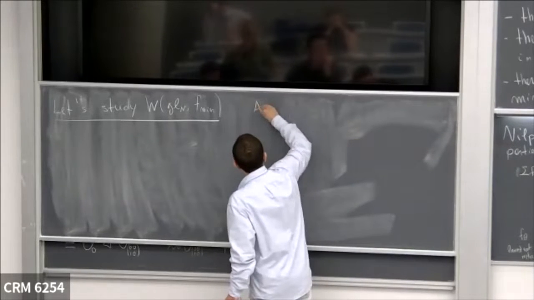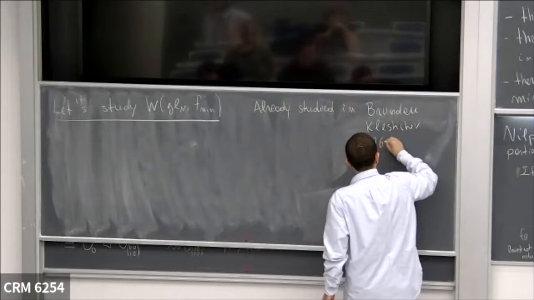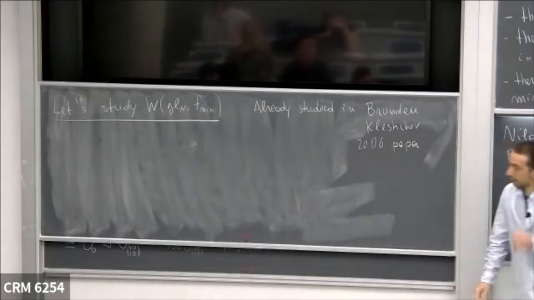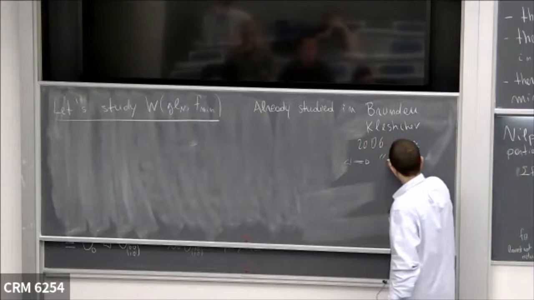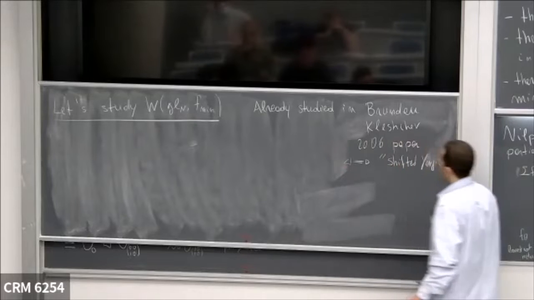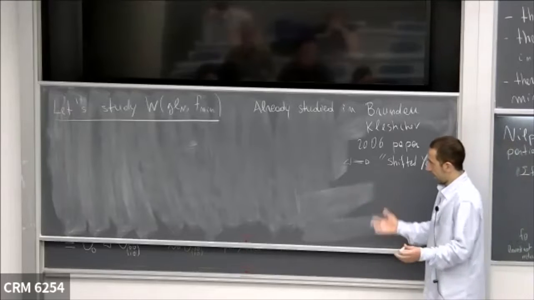And I just want to say that what I'm going to say, the final result is not new. These were already studied by Brundan and Kleshchev, I think in a 2006 paper. So these objects, W-algebras in type A, are related to certain objects called shifted Yangians. So the goal is to get this result from a different point of view and explain how this